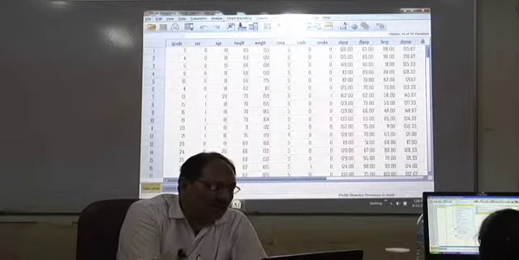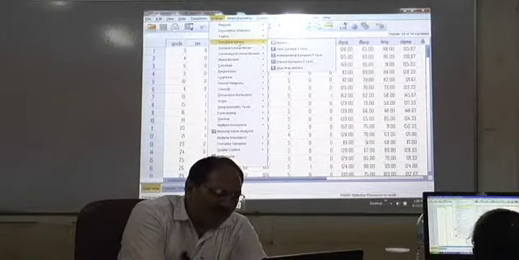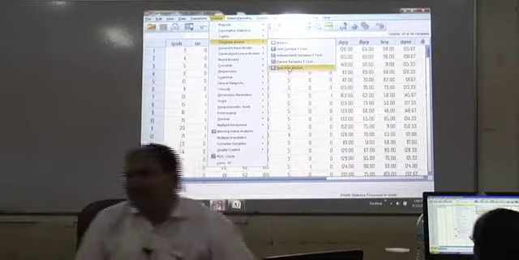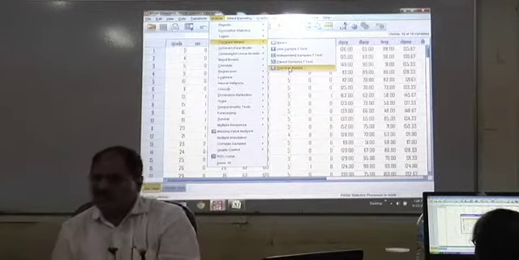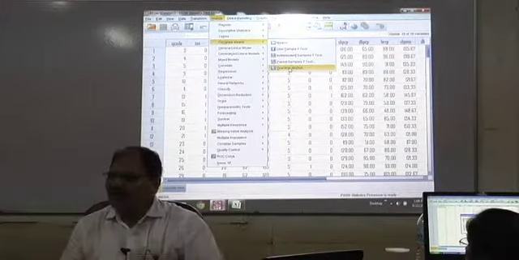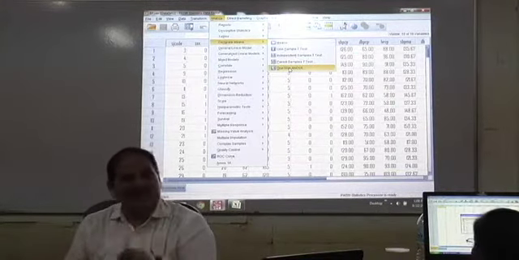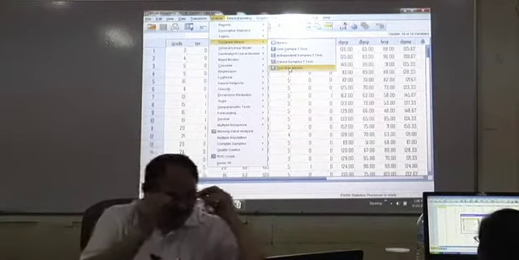Now, go to analyze, go to compare means. Now this is one-way ANOVA because we are using one grouping variable. If we are using 2 or more grouping variables, we will be using two-way ANOVA or n-way ANOVA. Right here we are using one-way ANOVA, so the grouping variable is only 1.